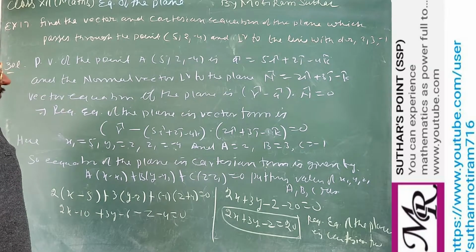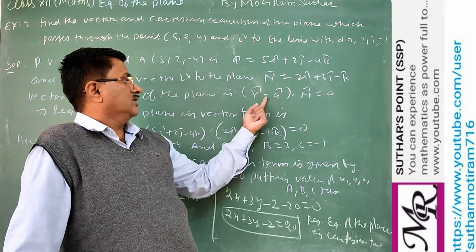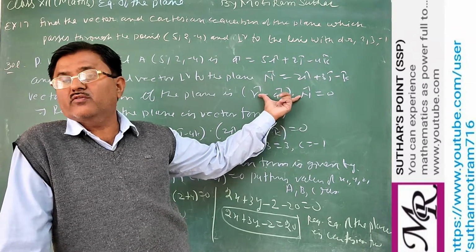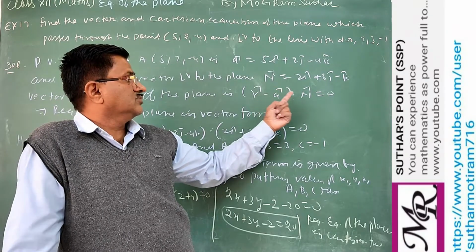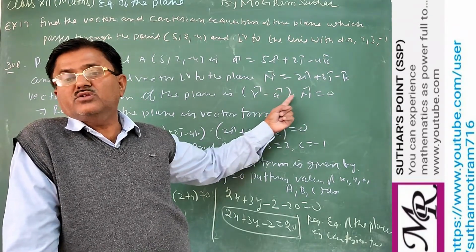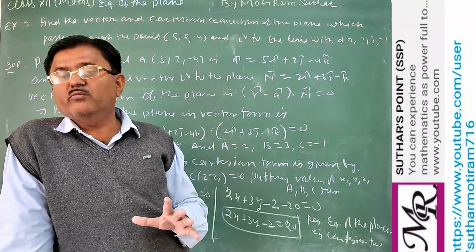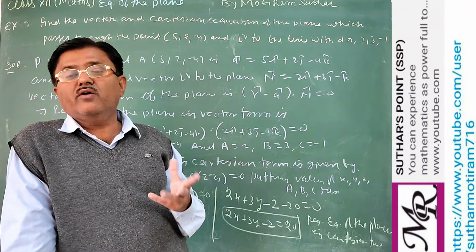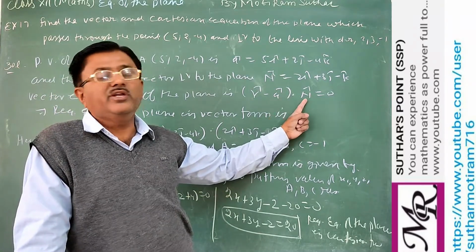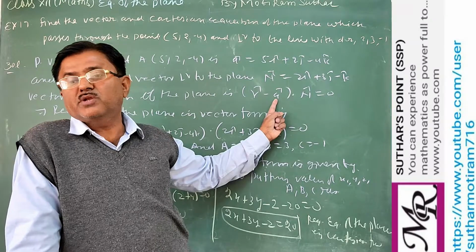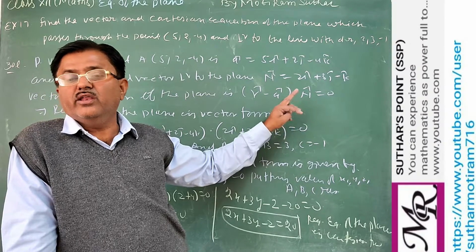So for this type of plane, you have to take care about the equation. (r vector minus a vector) dot n vector equals zero. This is the vector form of the plane. Which plane? The one perpendicular to the given direction and passing through the given point. Because in any problem, when you read it, you find some information. Then you have to search out which formula to use. That is very important. To use this formula, what do we need? A point from which the plane passes, and the direction to which the plane is perpendicular. These two things you find, then you can use this one.